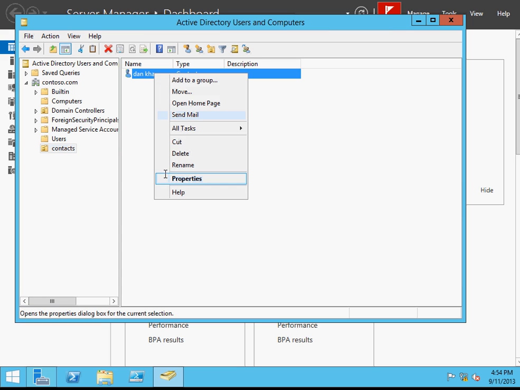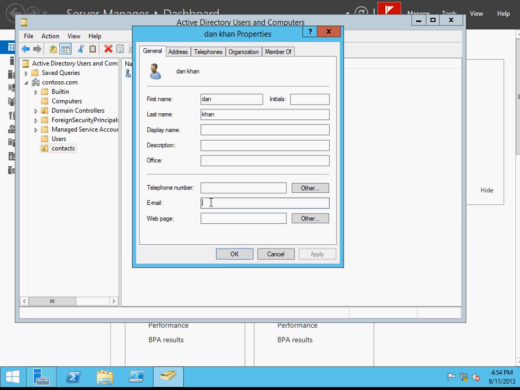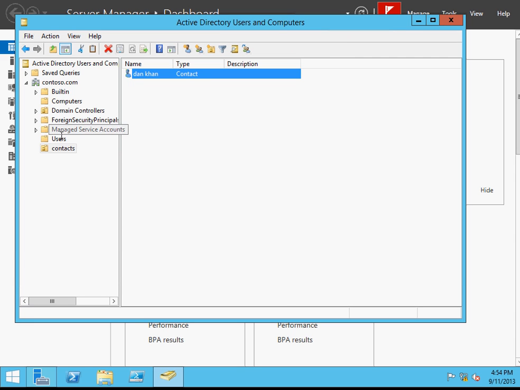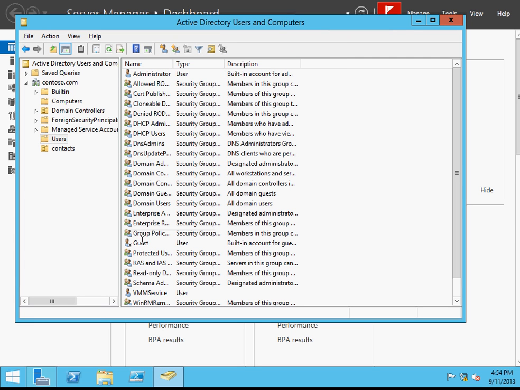So you right click on it, properties, and then you put his personal email, whatever you put here, and then you update that information. That is, even if you delete Dan Khan from here because he's no longer an employee, he will still,